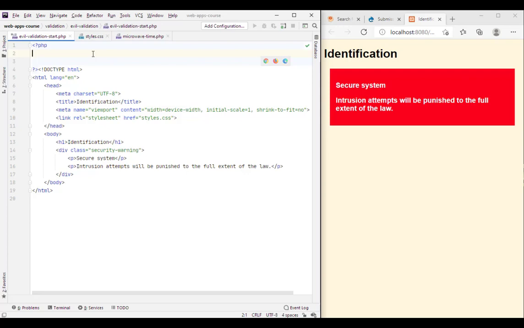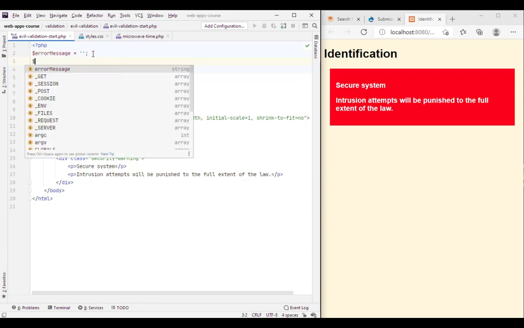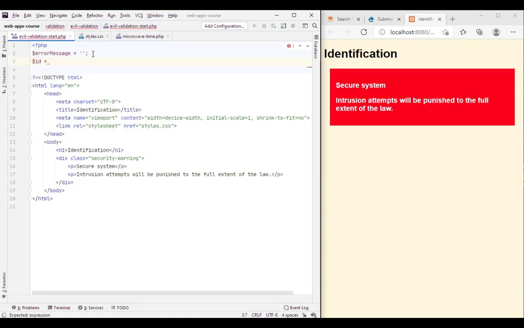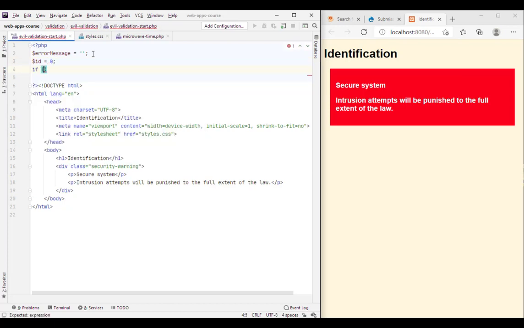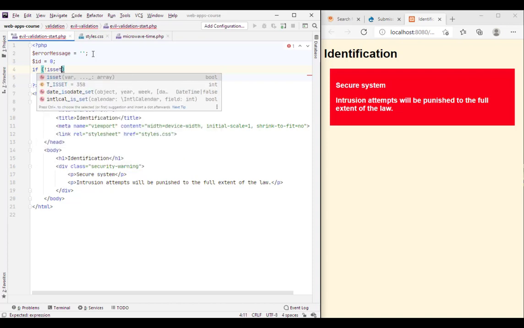Now, let's go back to this. We will get the ID from the user and check it as we have before. I will create a variable error message to act as an error message and a flag. It starts as nothing, I tell you. An ID number starting at 0. First, we check whether the user has provided an ID or not. If not, isset